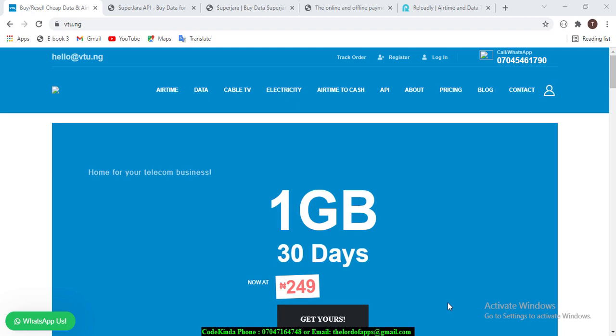And if you don't know what it is, it's just a way of buying airtime, data, paying your electricity bills, subscribing to your channels, something like cable subscriptions. Those subscriptions you can do them now online with the help of a VTU, and it's really very popular. People are making quite a lot of money from it, so I figured that if I talk about it